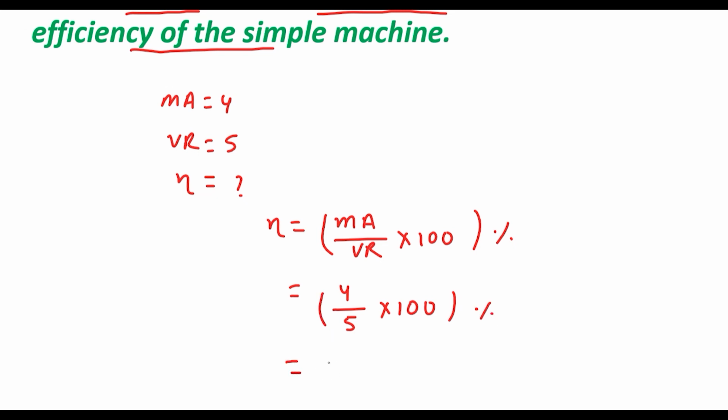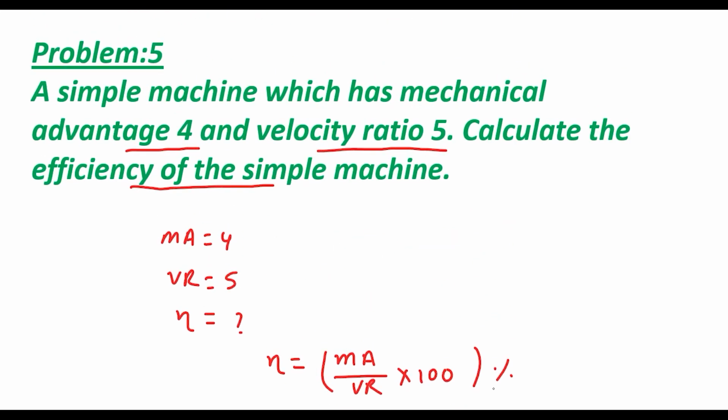Just solve it: when we multiply 4 into 100 and divide by 5, we get 80. So 80%. This is the required efficiency of the simple machine. So in this way we can find the